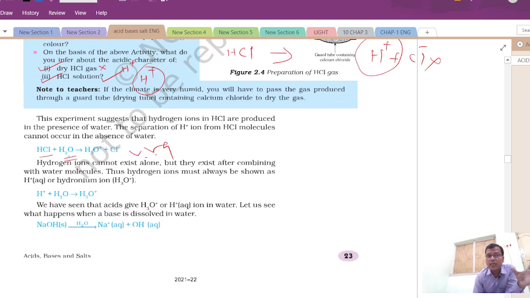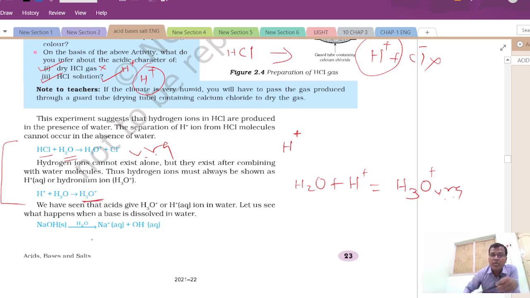Without water it cannot produce H plus ion. And you should also know, this is only for knowledge, that I have written earlier that this is H plus ion. Actually it has been seen that in the solution H plus ion is not individually present. It further reacts with the water already present in the solution, forming hydronium ion, H3O plus. So this may be asked in the exam: H plus ion is present in the solution in the form of hydronium ion. Remember, this is the hydronium ion.